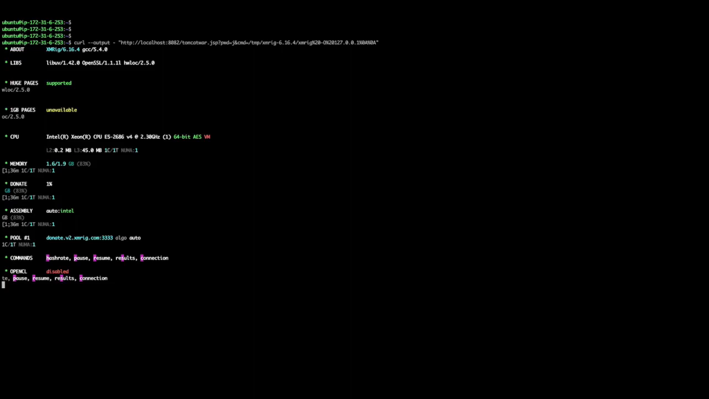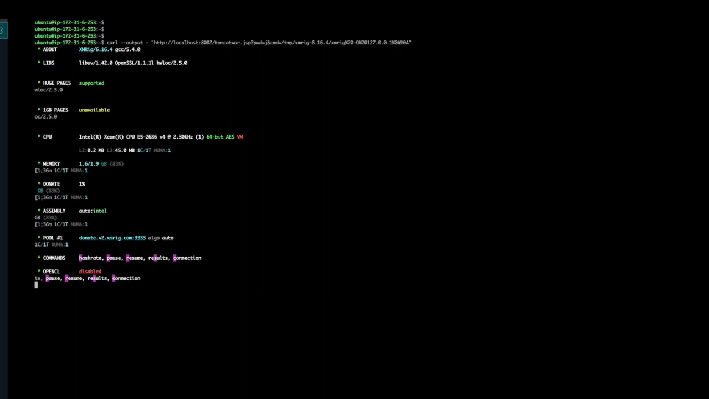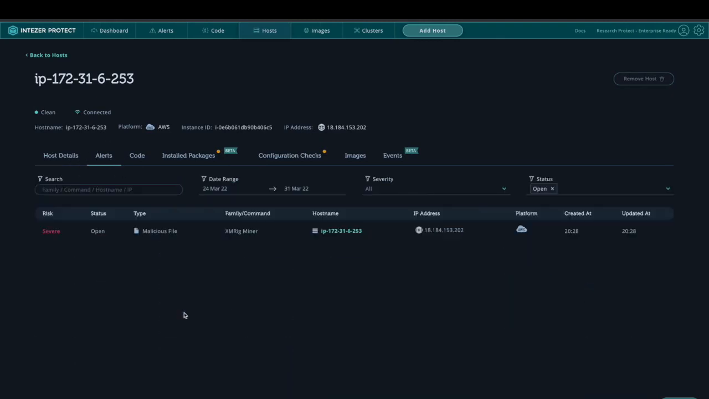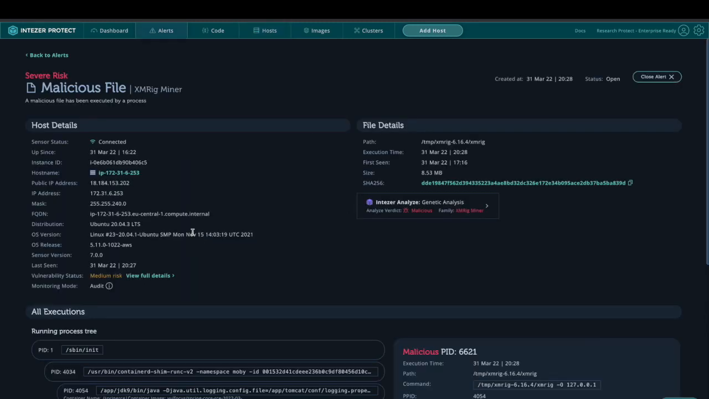So we'll go back to our dashboard on Intezer Protect and take a look at the change that has occurred. There should be an alert based on the command that the attacker launched, and that is exactly what we see. So let's click on that alert, and now we can get more context around the host that was affected by